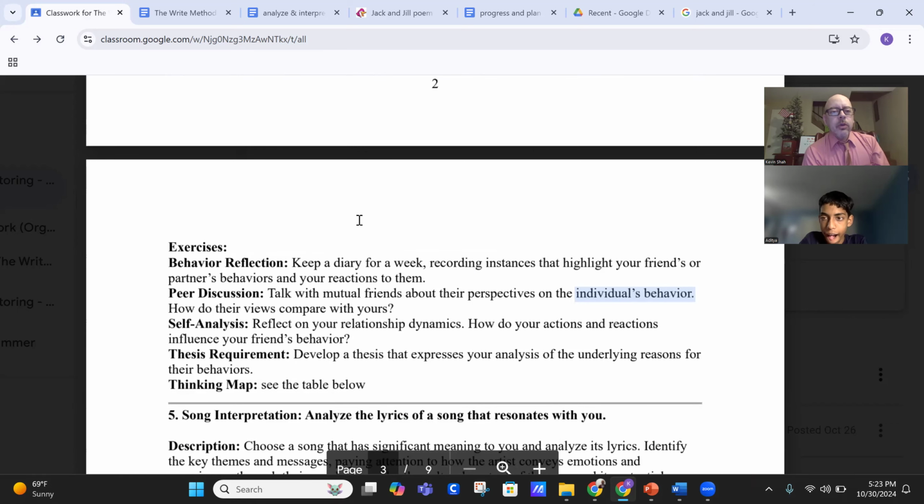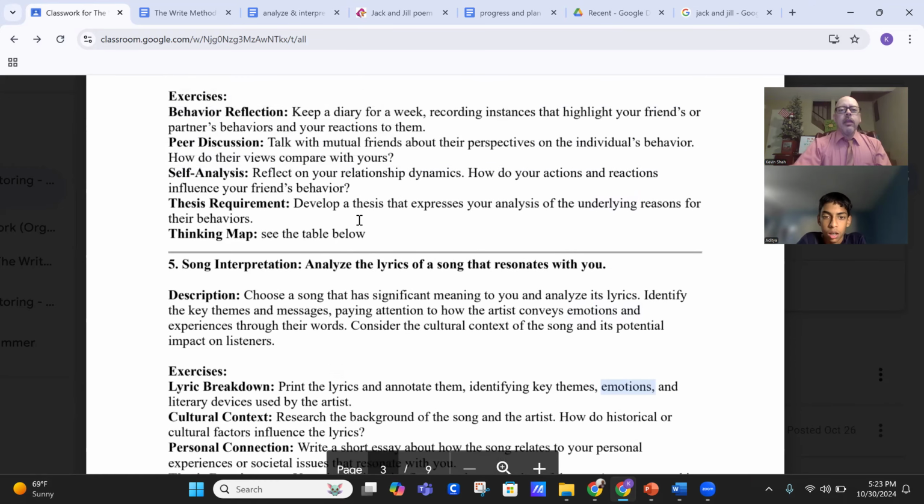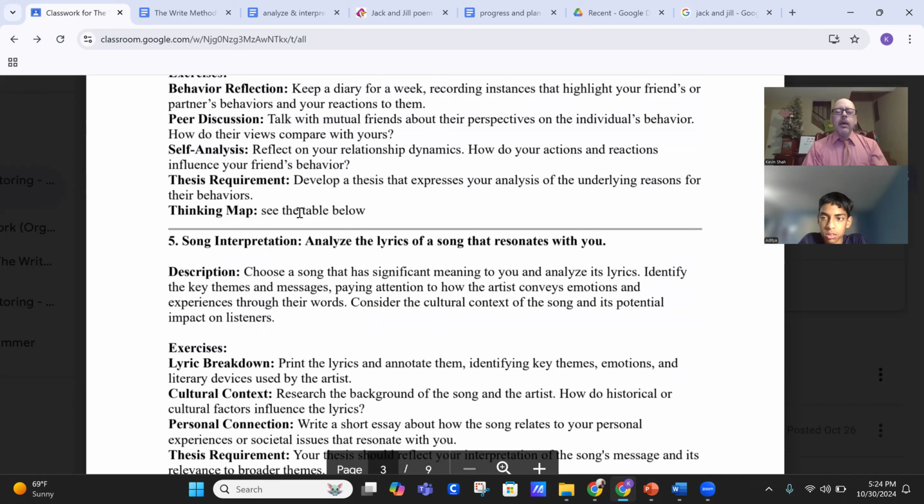Exercises are listed here. There are some reflections, peer discussion, and other things as well. What I would say here, and you may want to write this down, is that I noticed with the theses here, one thing comes to mind, and that is why. When you're asked to explain the reason for something, that's pretty much a why. I don't remember which ones are listed in the thinking map section, but a multi-flow map might be the best map for this portion, in developing that thesis.